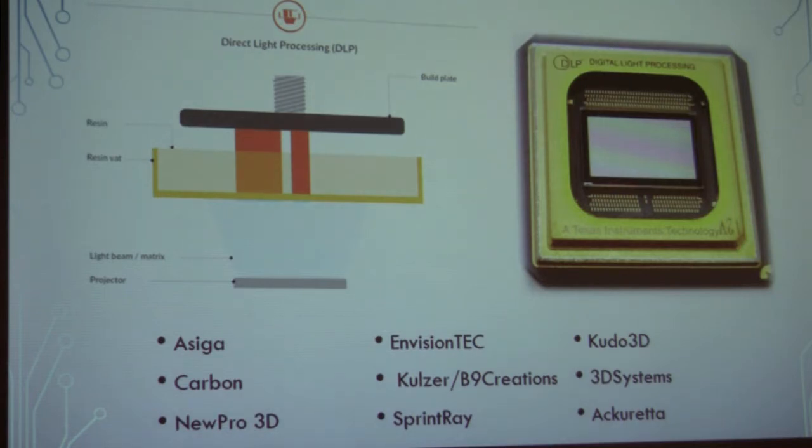We have NuPro 3D, which is a very similar technology to Carbon, Sprint Ray, and then Accuretta. So these are all pretty well-known dental 3D printers. Now what divides them amongst the others is going to be the quality of the parts that